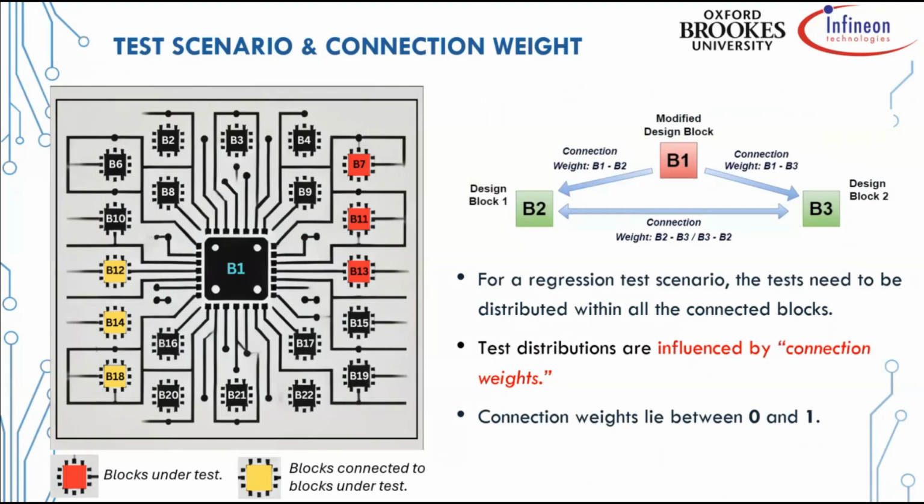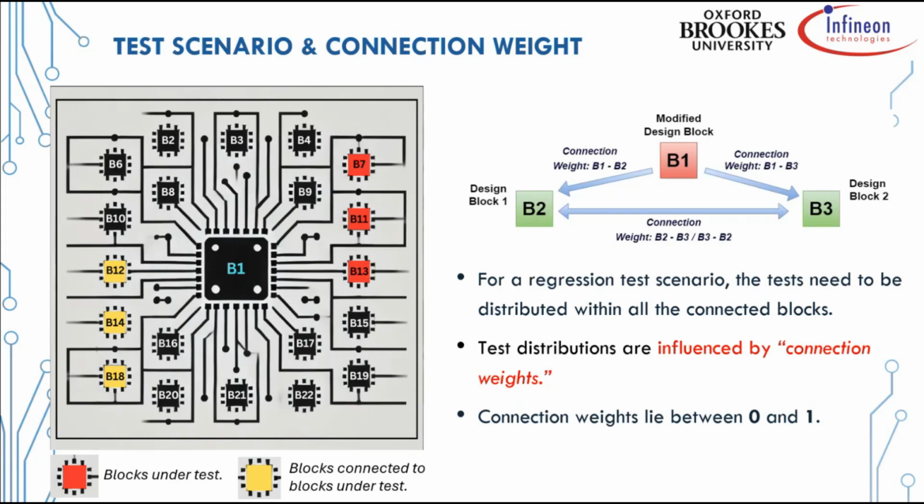Right. So in this regression test scenario, it is important to distribute the tests across all the connected blocks. The distribution of these tests is influenced by the connection weight, which I mentioned in the previous slide, which basically represents the strength of a connection between two blocks. For example, a connection weight ranges from 0 to 1, with higher values indicating stronger connections between the blocks, and lower values indicating a weaker connection. That means